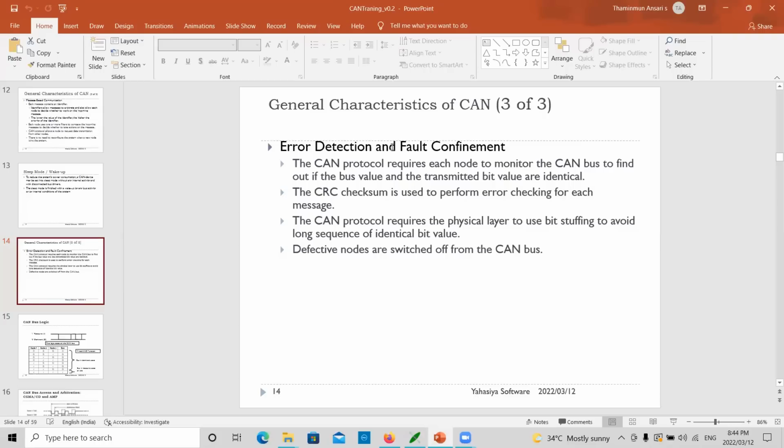In CAN, no node will command another node to turn off its message. That is not possible because CAN follows the CSMA method. So no one can command another node to turn its message off or something like that. Then how does this happen? It's all like every ECU